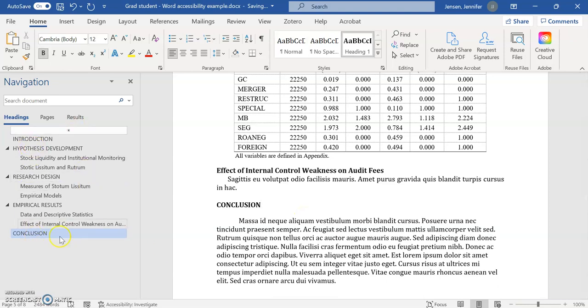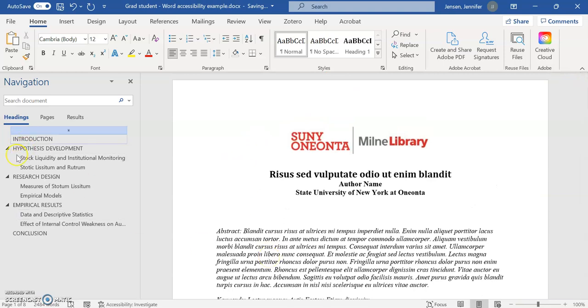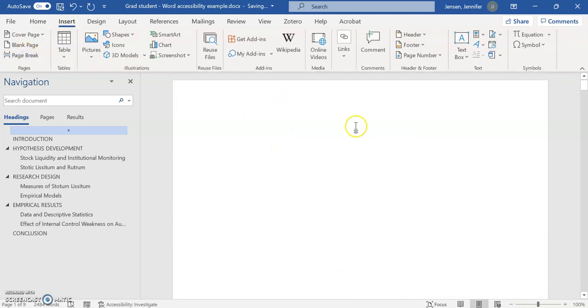I also now have a navigation pane, and what's also cool is, if you want to, you could create a table of contents based on these headings that you can insert at the beginning of your document. So, for example, I could insert a page break, create a blank page here at the top. I can insert,